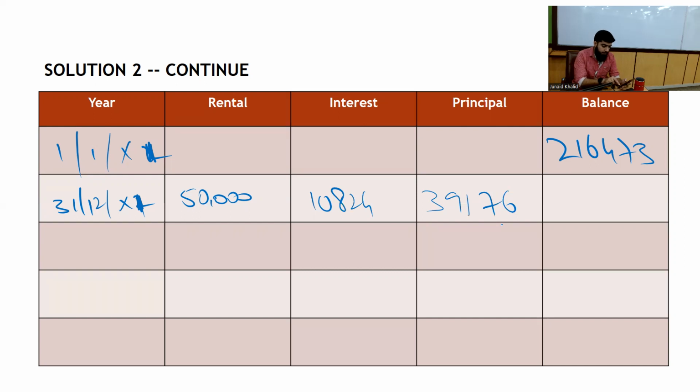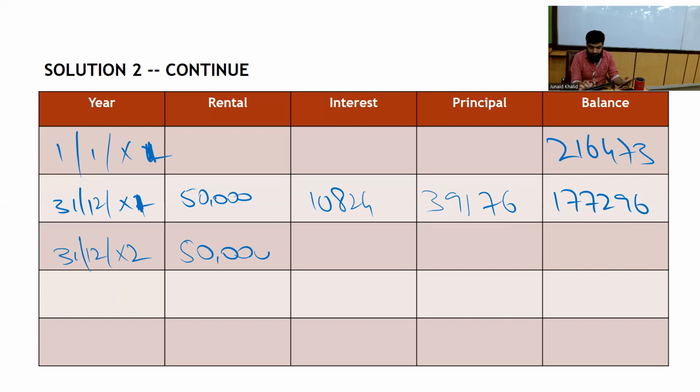216,473 minus 39,176 is 177,296. 177,296 is the remaining liability at 31st December 20x2. The second payment was made on 31st December 2002 for $50,000, and again